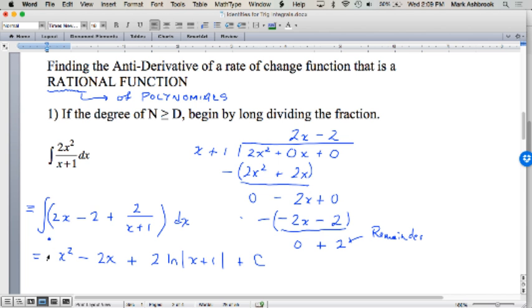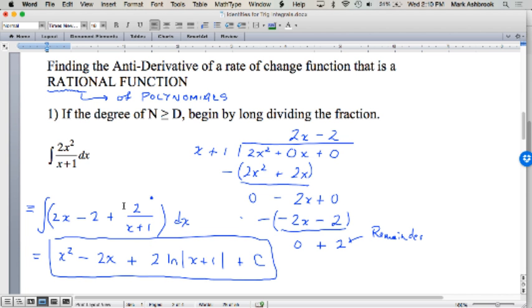So in this one, long division just did the trick. We didn't have to do anything else. Long division just gave us a form that we could just write down the answer. But sometimes this resulting fraction will need this technique called partial fractions, which we'll spend the rest of the day